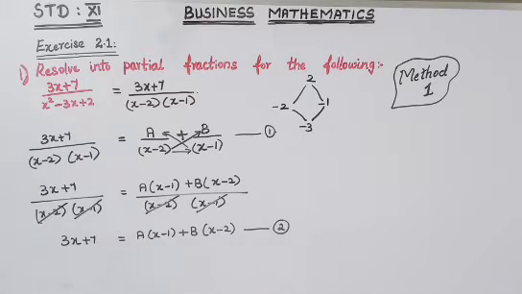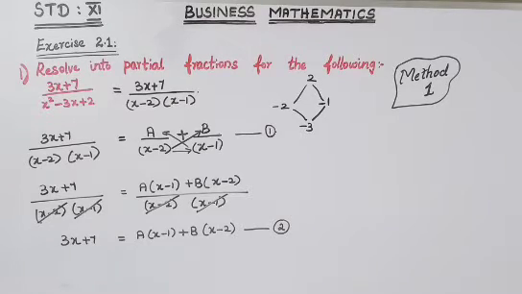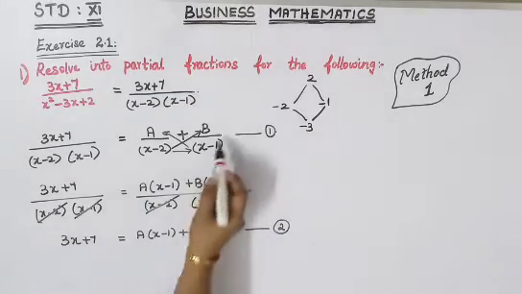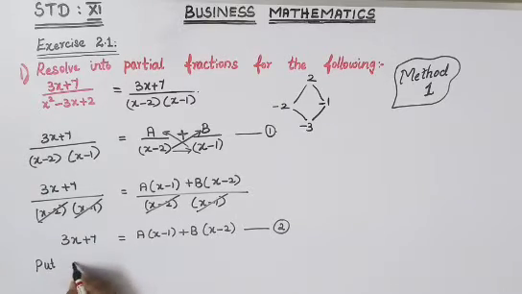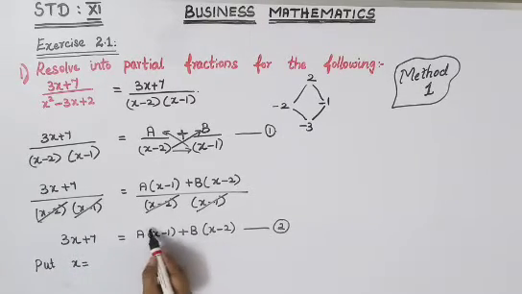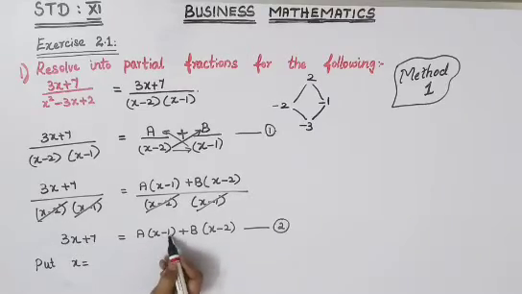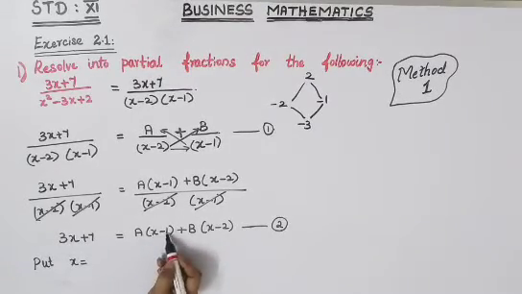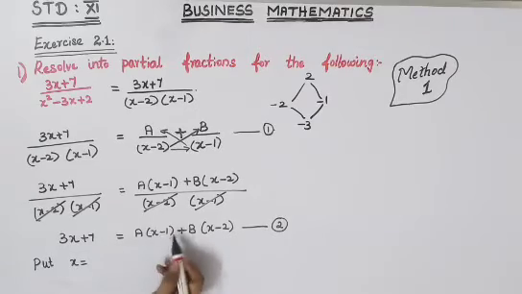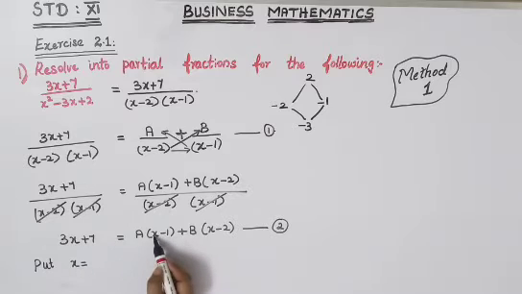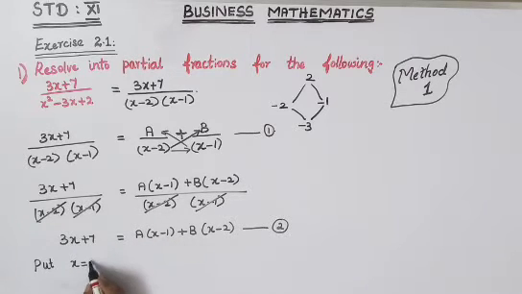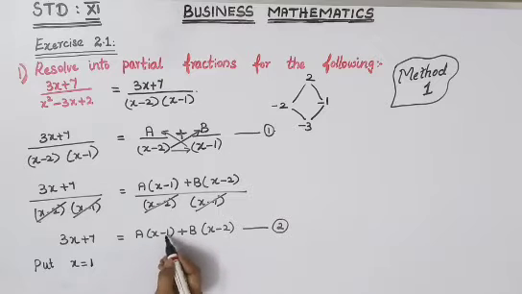Now you'll have to find A and B. Then the last step, substitute A and B here, and with that the sum will be over. Let us put x equal to, just see the first term: x − 1 is there. If we give plus 1 for x, then that part will become 0, and then we can find B. Minus means you'll have to give plus, so x = 1.